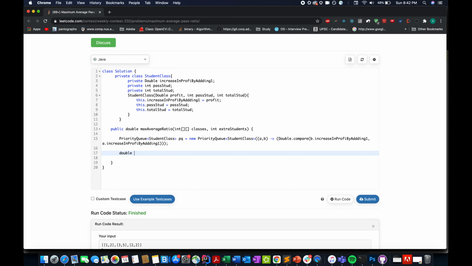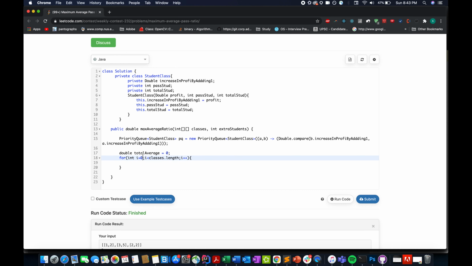Also, apart from this, I'll have another variable created, total average, that will store the average that we need to find so that we get the maximum average ratio. So I'm iterating over the input array, i is less than classes.length, i++.